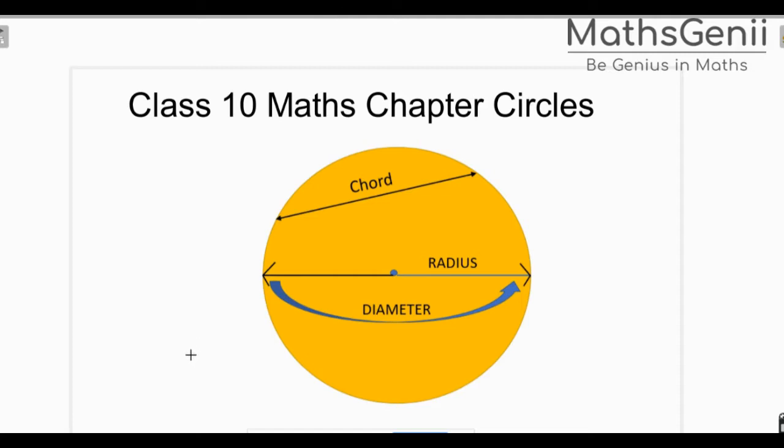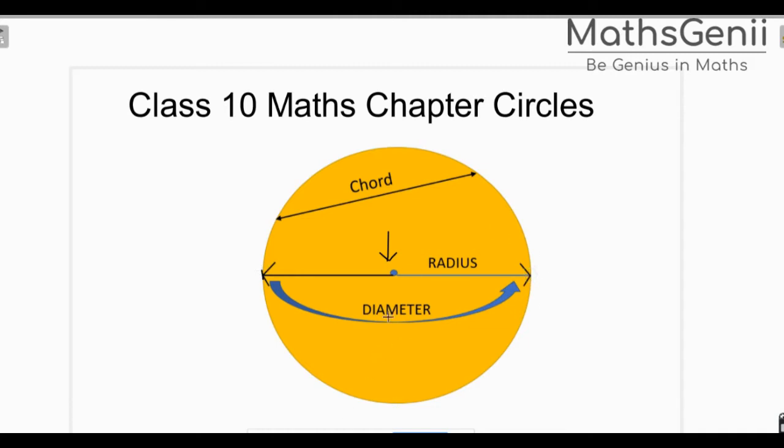Now, before starting the chapter, we need to know some basics, and I'm very sure you all must be knowing it. So, I'm just going to brush up in like a minute. Okay. So, what is a radius? Radius is something which passes from center and touches one of the points of the circle, that is radius. So this blue line is radius. What is diameter? Diameter is double the radius. So the long line which passes through the center and touches two edges of the circle is diameter.